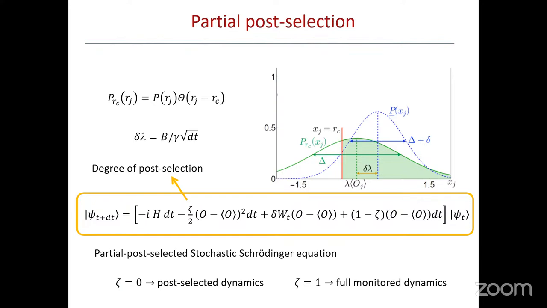Now, the way I obtain full post-selection is the limit in which that red line goes all the way to the left, and I recover the full stochastic dynamics when the red line goes fully to the right. That's how we get the two limits. Of course, the post-selected one is only obtained asymptotically, because you can always have a range of values in this procedure, but it becomes arbitrarily narrow. The second part: partial post-selection still gives you stochastic dynamics, which is this one.